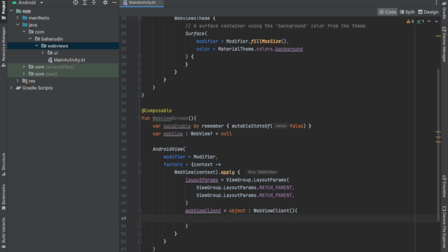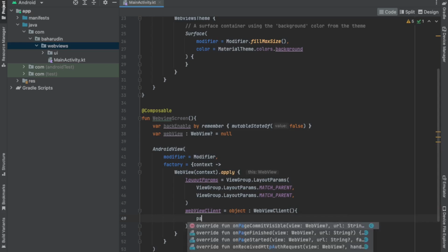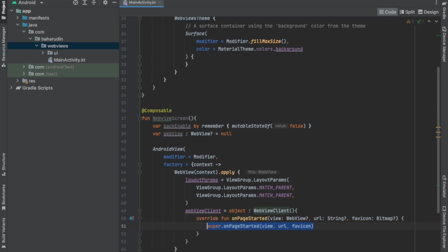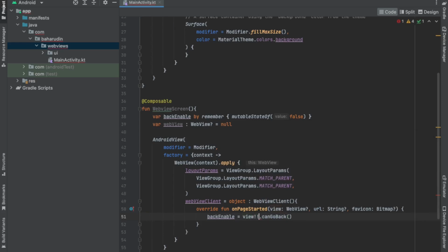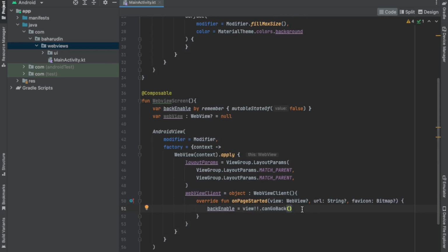Inside the curly bracket I will override onPageStarted. In onPageStarted, I will delete it, and instead backEnable is equal to view.canGoBack. Okay, this question mark in here I will give the asserted sign, and then in here I will call the settings, javaScriptEnabled. JavaScriptEnabled is equal true,